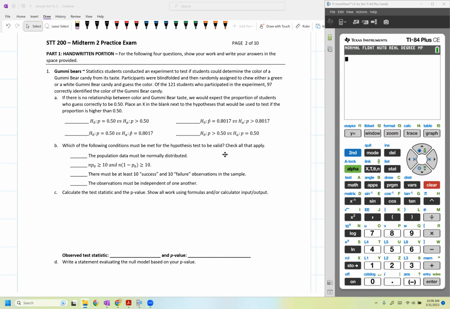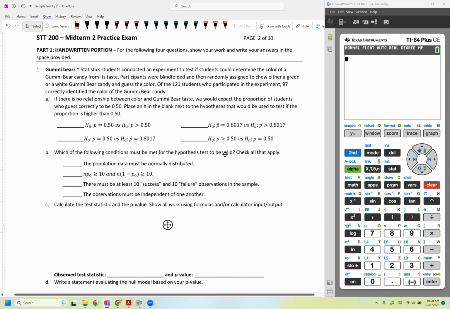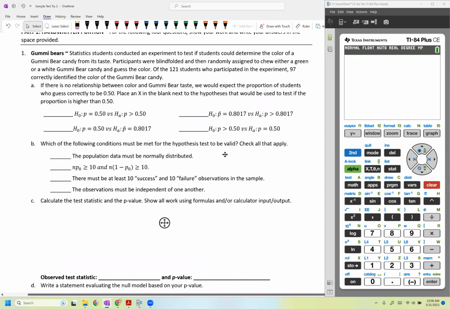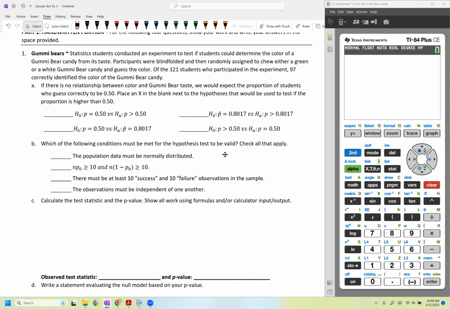Statistics students conducted an experiment to see if a student could determine the color of a gummy bear from its taste. Participants were blindfolded and then randomly assigned to chew either a green or a white gummy bear candy and guess the color. Of the 121 students who participated in the experiment, 97 correctly identified the color of the candy. If there is no relationship between the color and the gummy bear taste, we would expect the proportion of students who guessed correctly to be 50%. Place an X next to the blank of the hypothesis that would be used to test if the proportion is